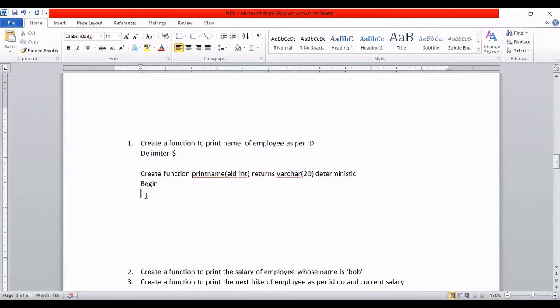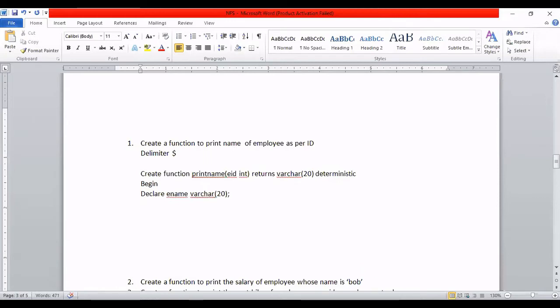So how to declare a variable in SQL or PL/SQL, or in a function? The keyword will be DECLARE. Then what will I write? The name of the variable. Let it be en or ename, anything you can write. Because it is employee name, I am writing ename. The data type is VARCHAR(20), because I have specified the return size must be 20. So that's why you give a semicolon. So this is how I declared it.